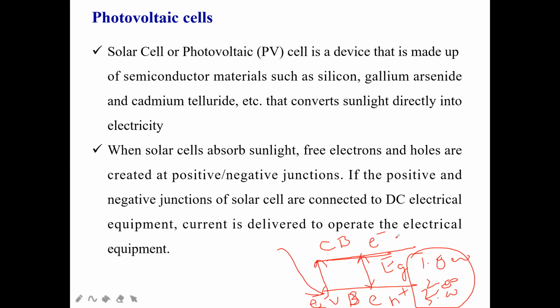I'm trying to explain once again. You are using a semiconductor in all types of solar photovoltaic cells. The semiconductors are of different materials, but generally they are made of a valence band and a conduction band. These are separated by a suitable energy gap called the band gap, Eg. Now, when sunlight falls